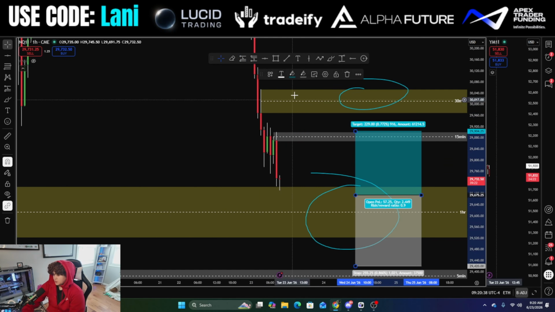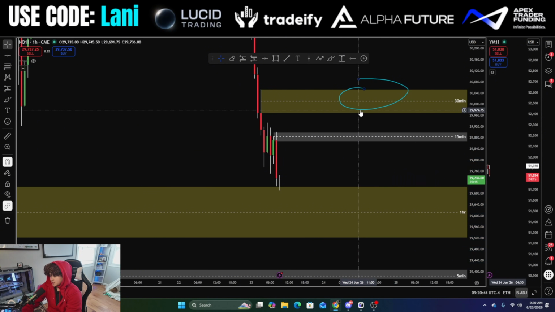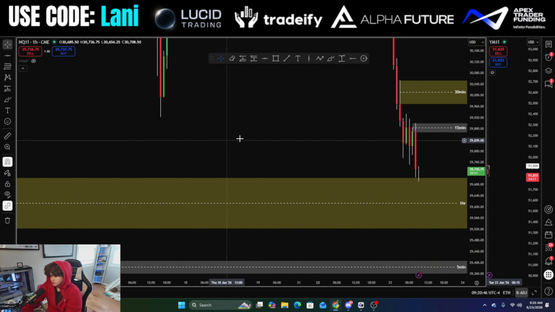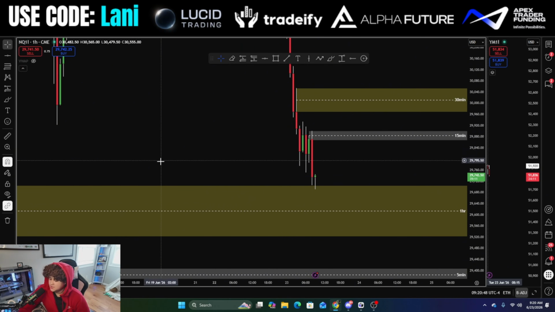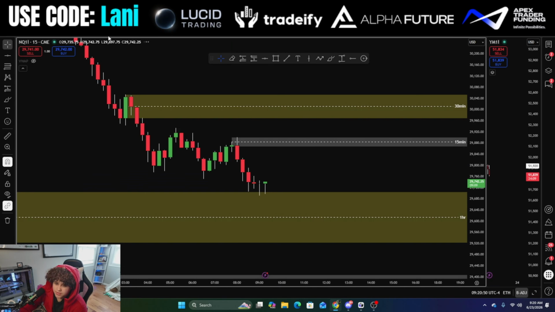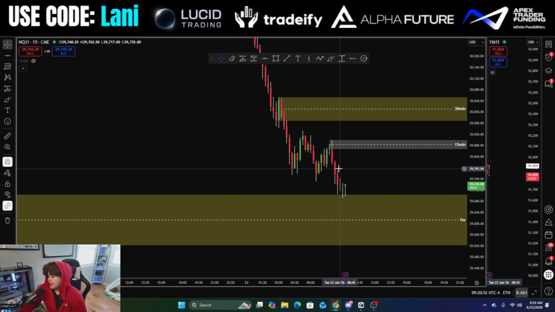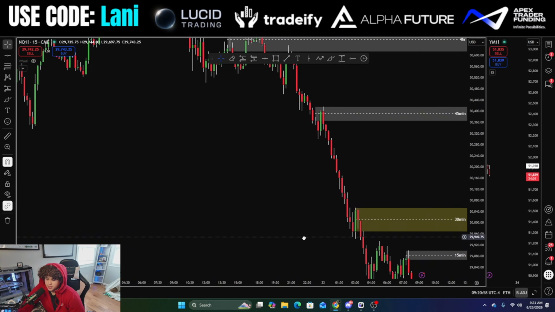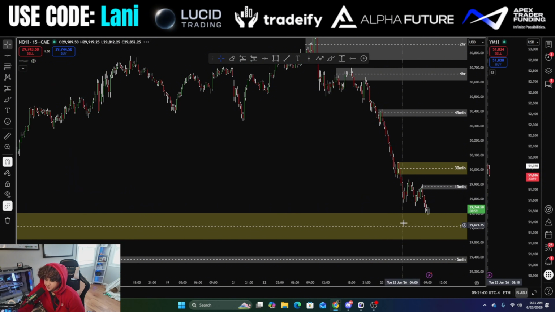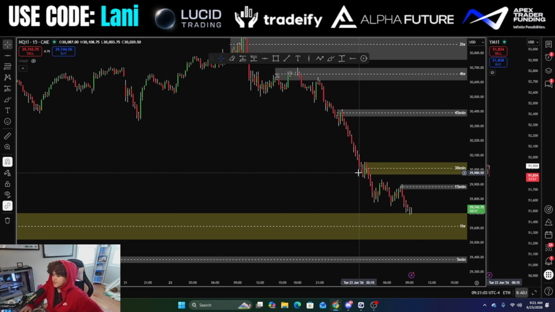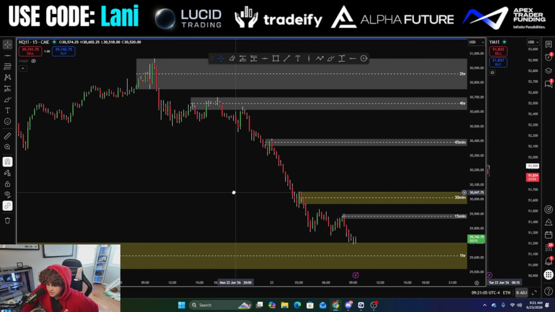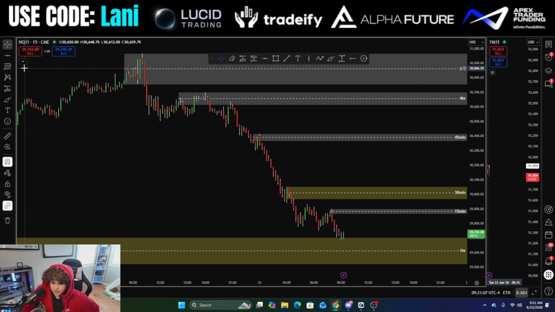Because at the end of the day, what I think about is how these areas are like magnets to the market. You know, we've bounced off of it, we've rejected these areas. So that's what I'm going to be waiting for. We have about 10 more minutes for market to open. So we'll see. I don't like to place trades during pre-market, but yeah,